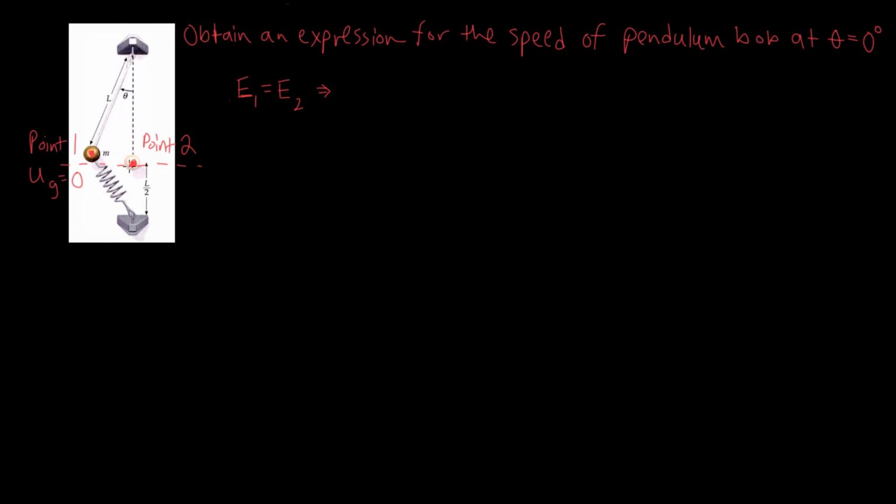So any time that the pendulum passes through this dashed line in red, at that point, the potential energy of the pendulum equals 0. Since point 1 is higher than the potential equals 0 line, that means that the